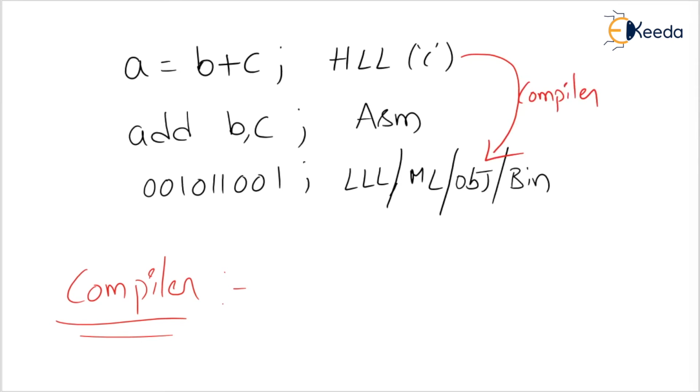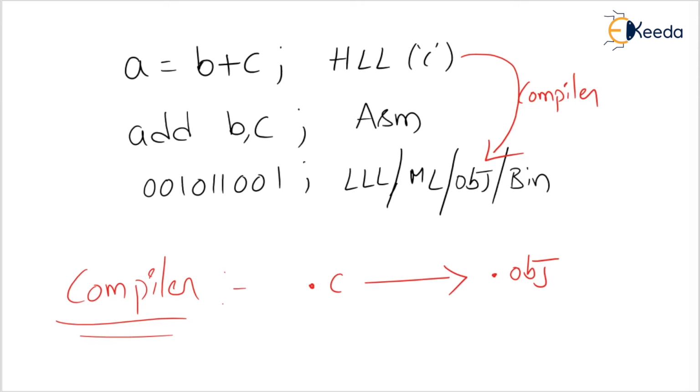What does high level language mean here? A .c file is converted into a .obj file. That means high level language is converted into binary language. While converting, if any error occurs, then it will not show the output. That's why it shows the error. If there is any problem converting from high level language to low level language, then the compiler shows the errors. But the compiler's definition is not checking for errors. Compiler means converting high level language to low level language.